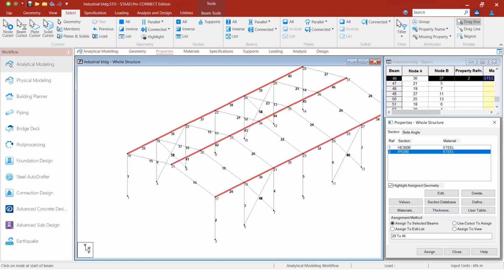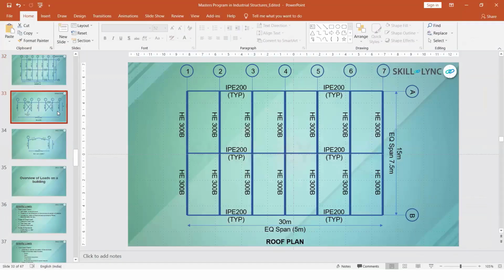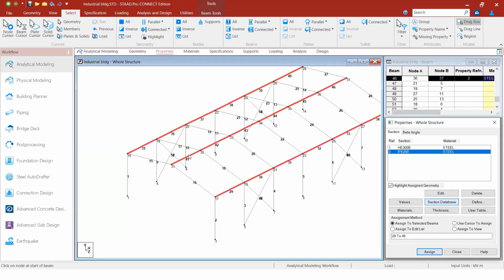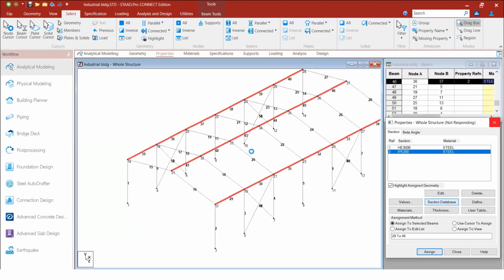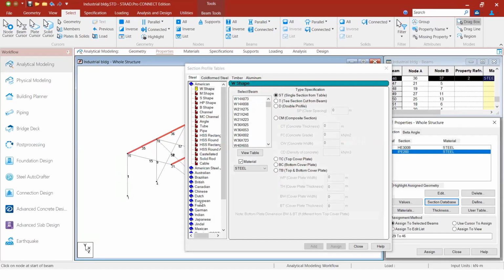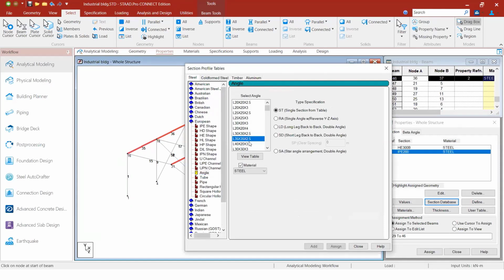Yeah. So now the bracings that I need to provide is 75 by 75 by 6, 2L. That is the bracing angle. So angle I have to select as 75 by 75 by 6.